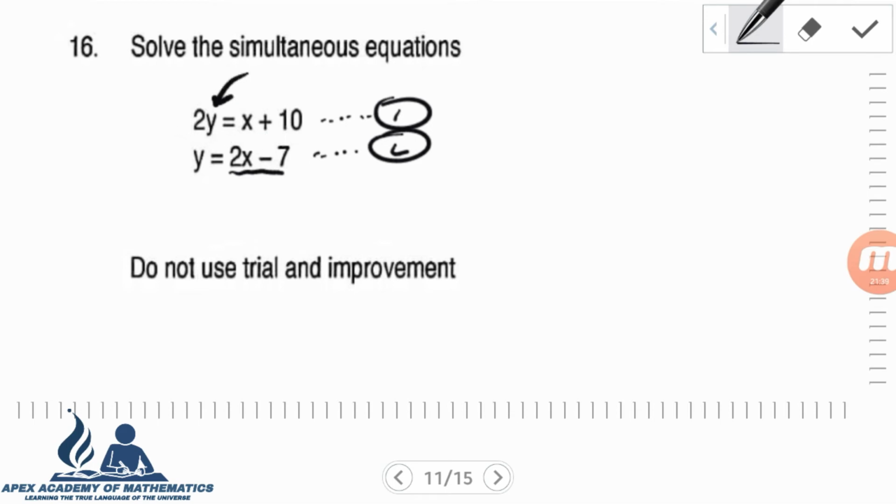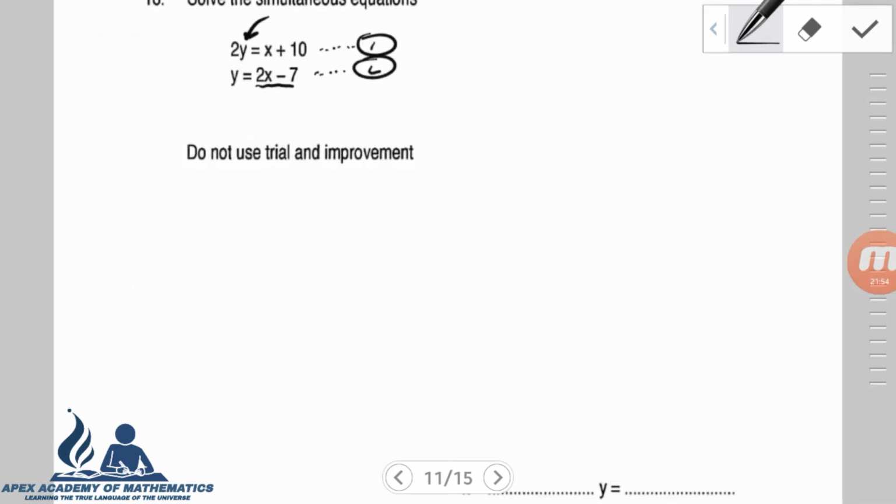So if there's a y there, why not substitute this expression that is indicated to be the value of y and put it right here? So we could definitely do some substitution here by saying sub y, which is equal to 2x minus 7